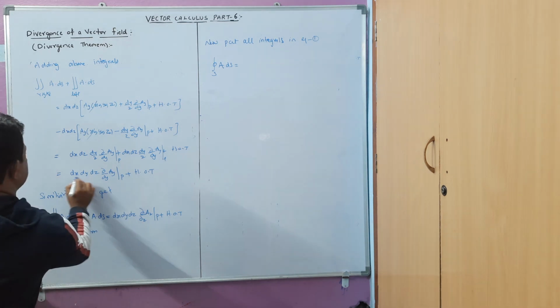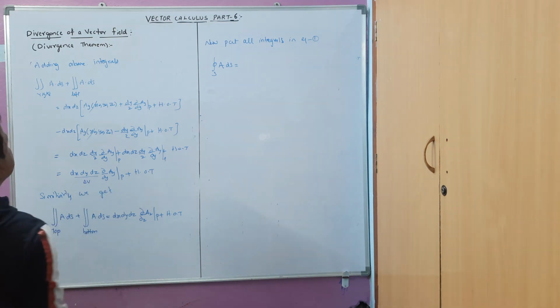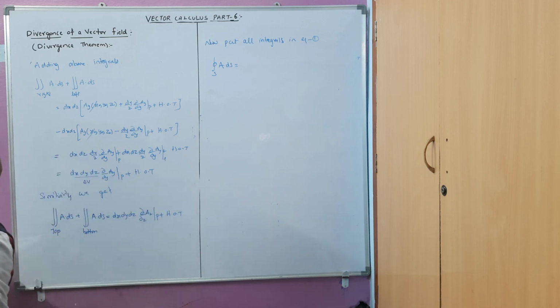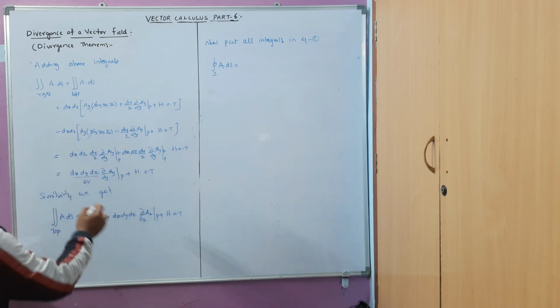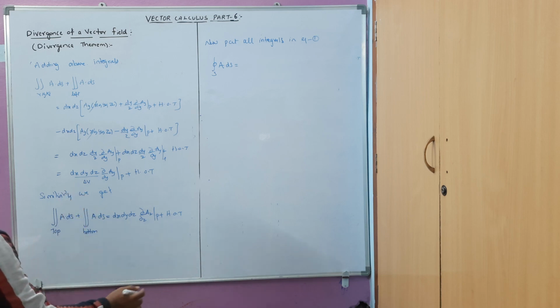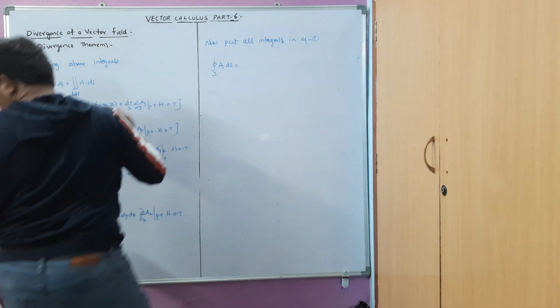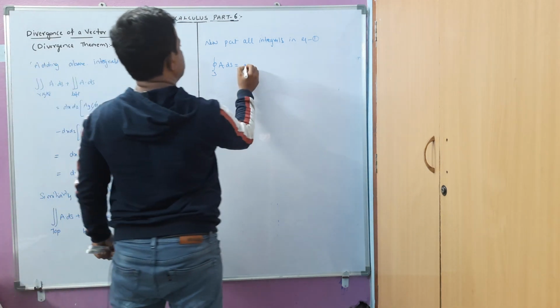So I will write here, instead of this one I will get delta v. Similarly, for the previous ones, for the right side, top and bottom, we are going to have dx dy dz, I am going to write into delta v. So now adding all those three equations, for the first point, that is the front side, we have got dx dy